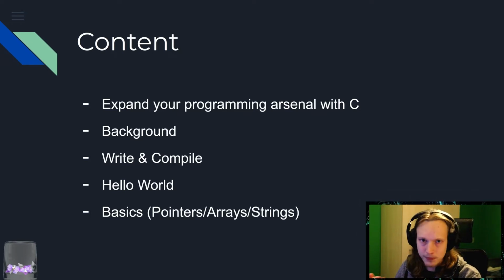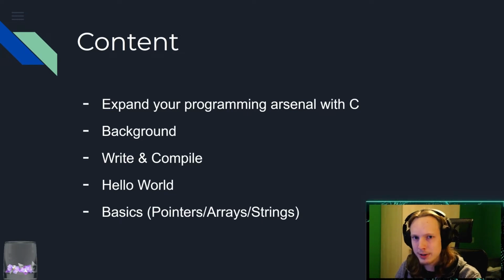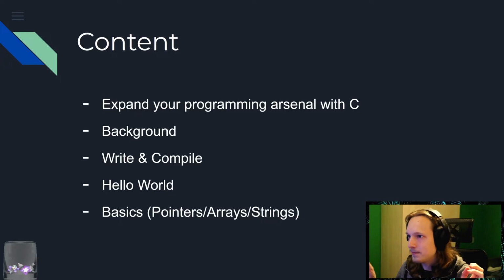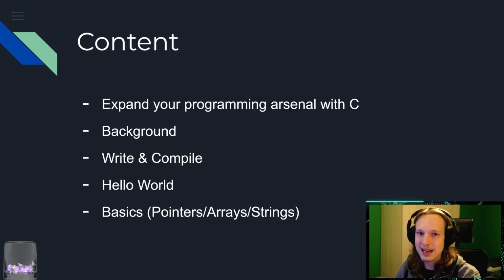If you are already a programmer, but you only know Java, maybe you know C++, C Sharp, maybe you know Python, it doesn't matter. If you have done any programming language, you'll know what a type is. You'll know what control flow is. You know, an if statement, an else statement, a while, for loop. You know all of that stuff already. So I'm not going to talk about that in this lecture. This is really just to expand what you already have into the C programming language. So that's basically what we're going to do.